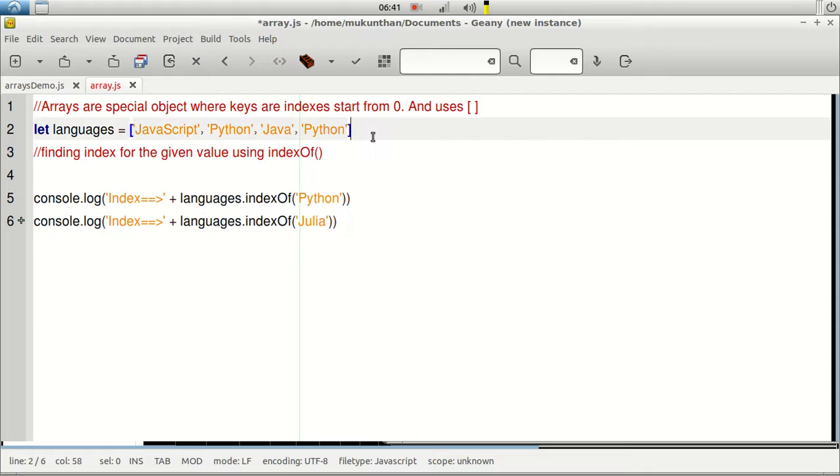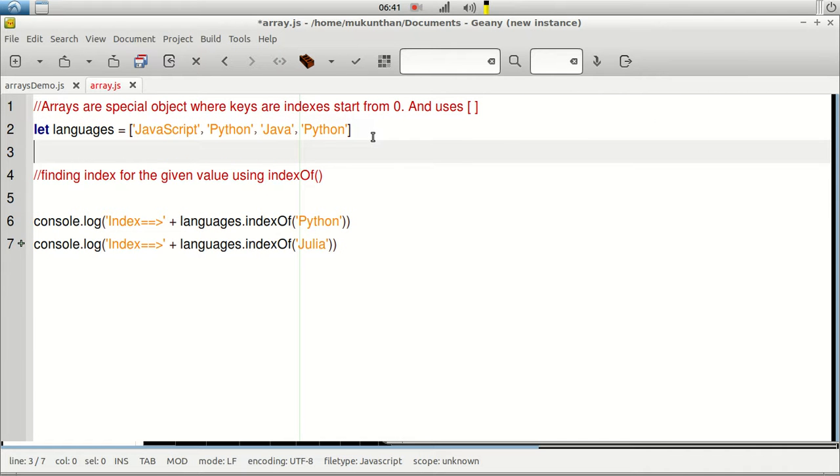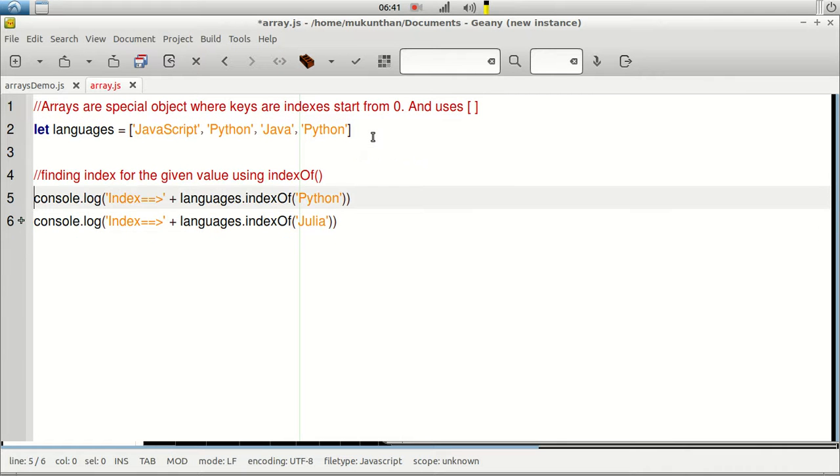Let's say here we are going to discuss some different points as well. For example, let's say you are giving an element which has a duplicate value inside your array. In that case, which index will be returned? And if you are giving a value which is not at all present in your array, then what will be the output of the indexOf method? In simple terms, you write the array you want to access, dot indexOf, and the value to be searched. So for this particular value, the index will be returned.